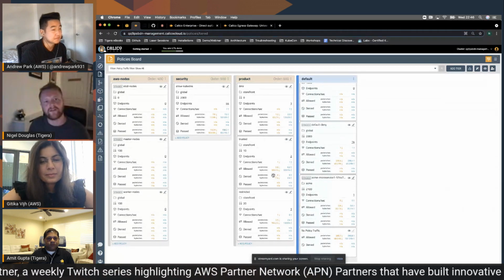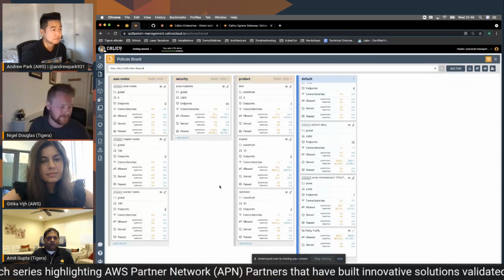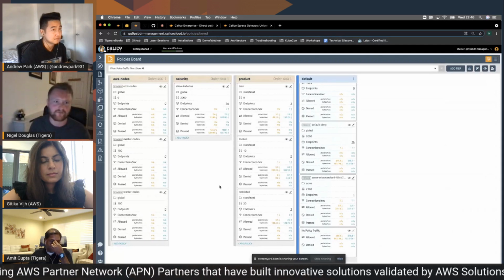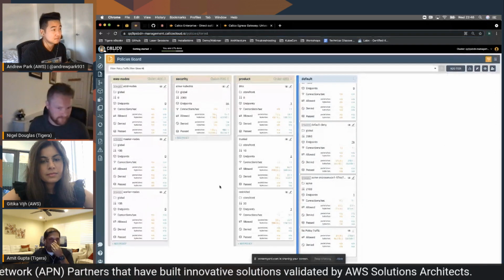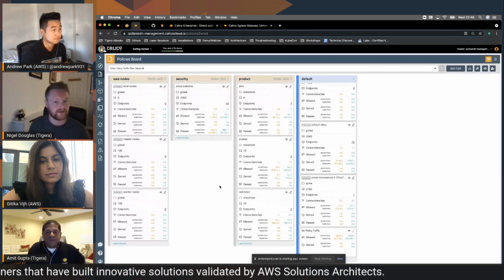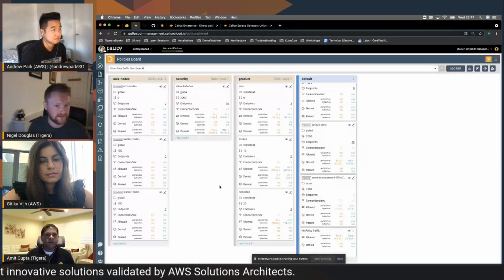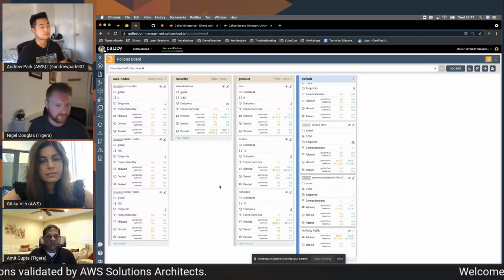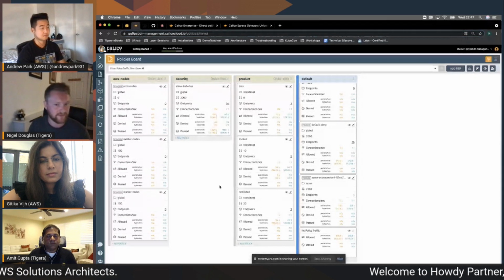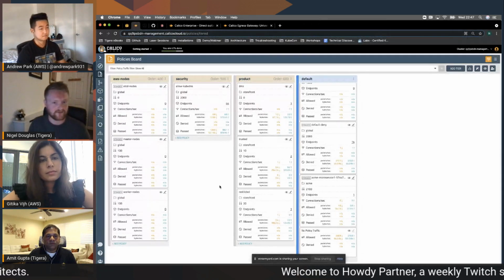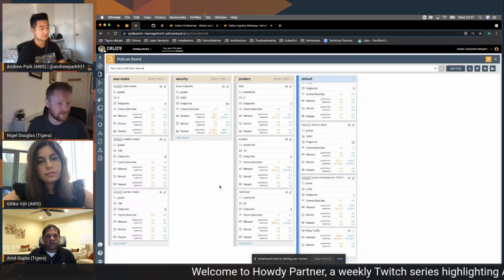Perfect. So I think I went through most of the north-south examples. One that I didn't have prepared for this session, but it's a fantastic use case, is going through our egress gateway. With pods not having fixed IPs and being ephemeral by nature, you can have a dedicated pod with a fixed IP.